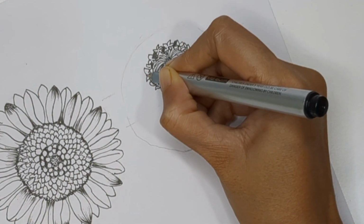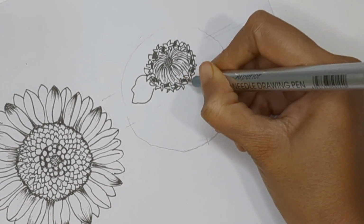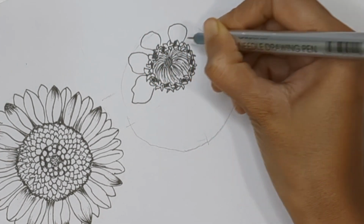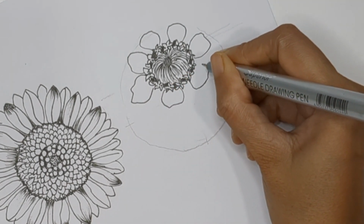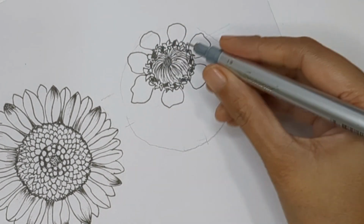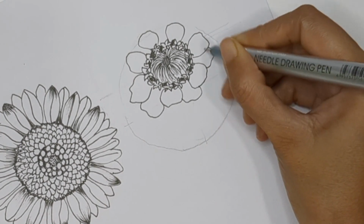Okay, now let's create petals. This time I'm creating petals not round or oval in shape, but you can consider it as oval with a little wavy structure around the edges of the petal. So something like this. As per the space between the inner circle and outer circle, you can fill the